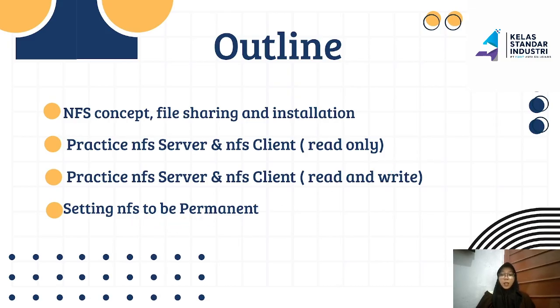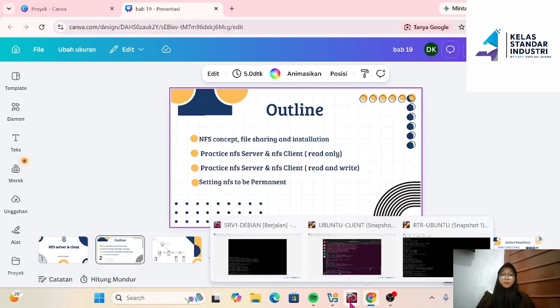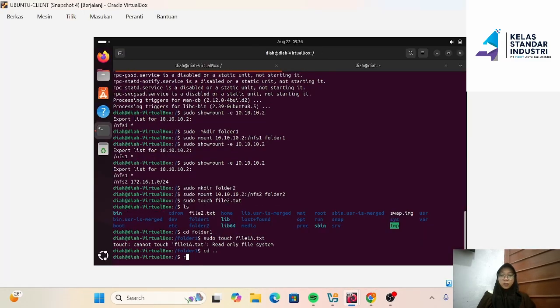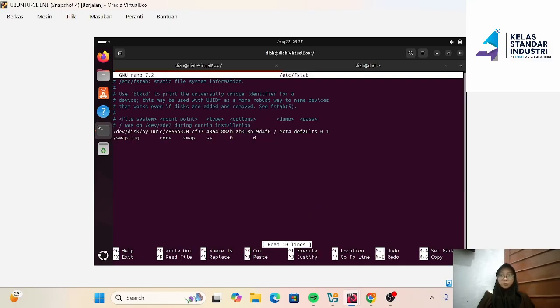Open the Ubuntu client, run sudo nano /etc/fstab, enter.